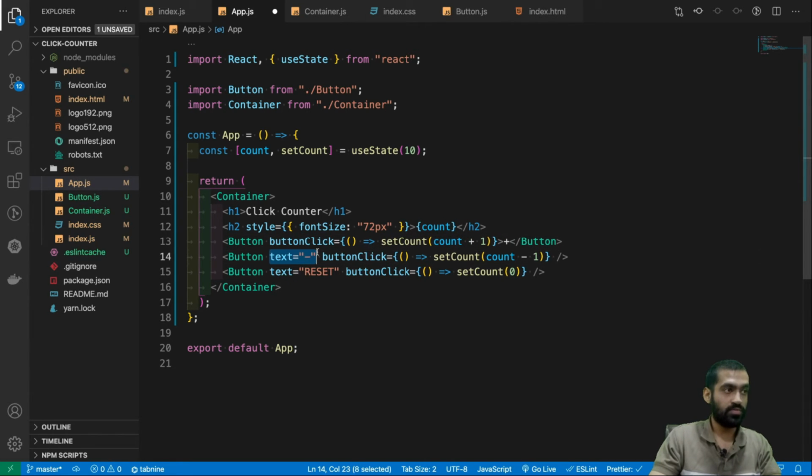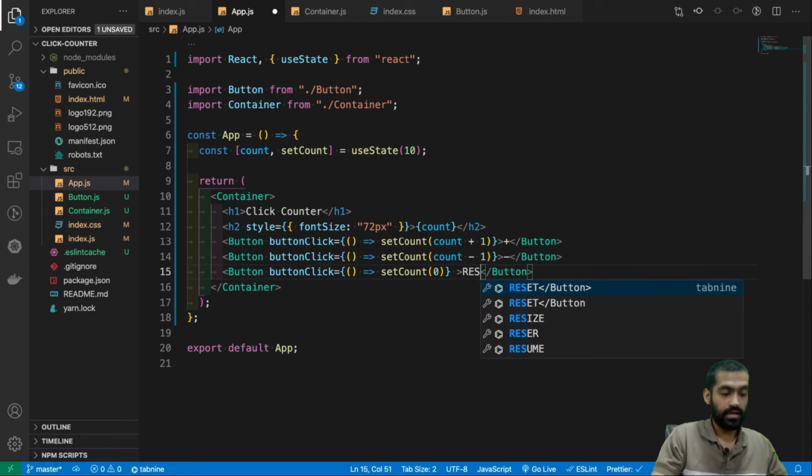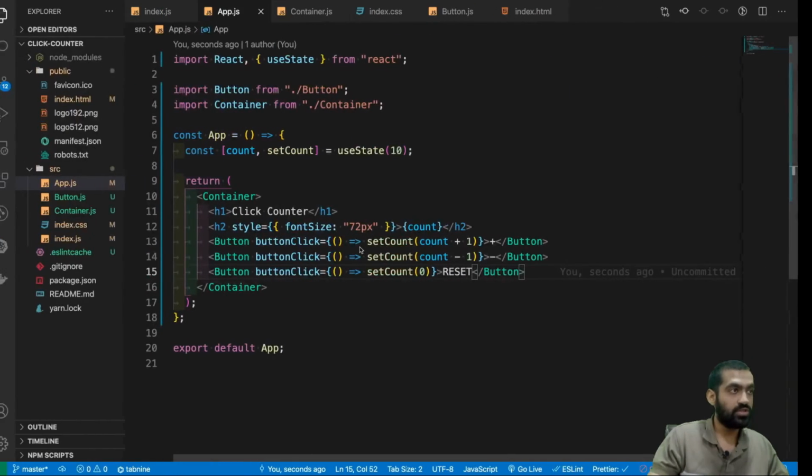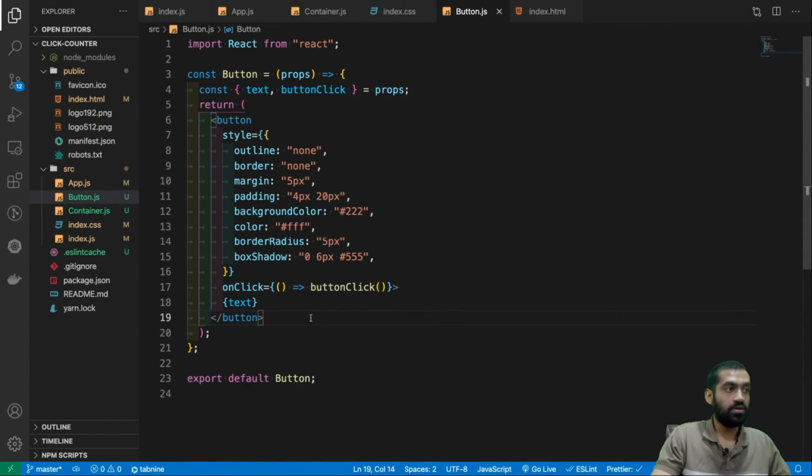Let's just remove the text from here as well. Let's do a closing tag, and let's also do a closing tag here. Let's add the reset. Let's see, everything vanishes, of course, because we have written text here, right?